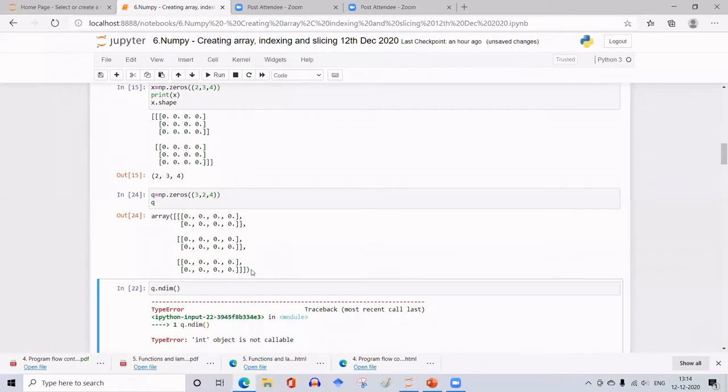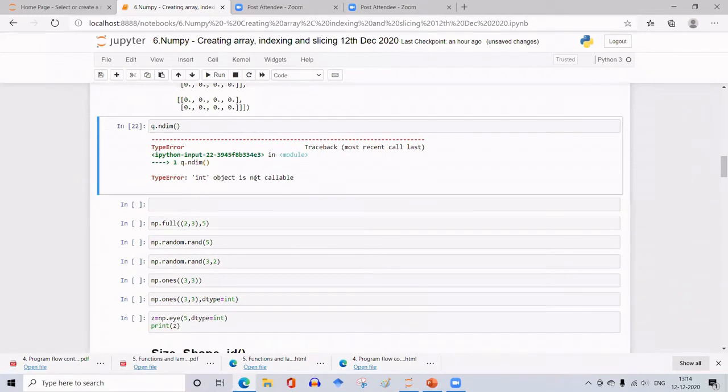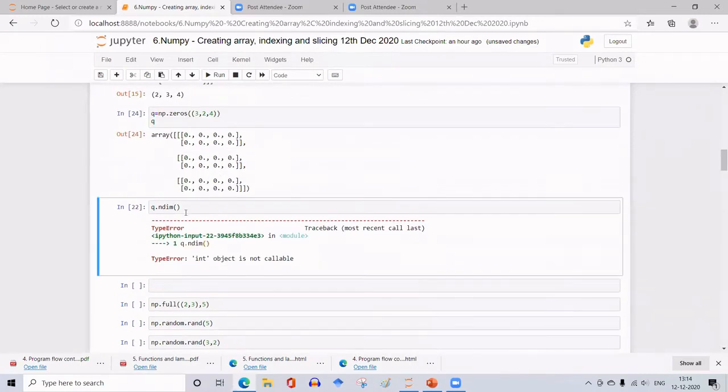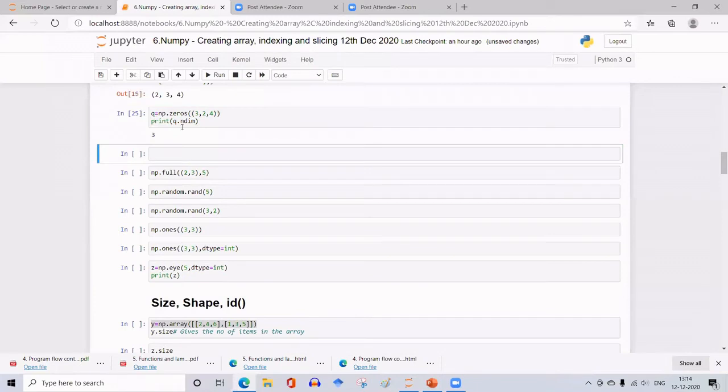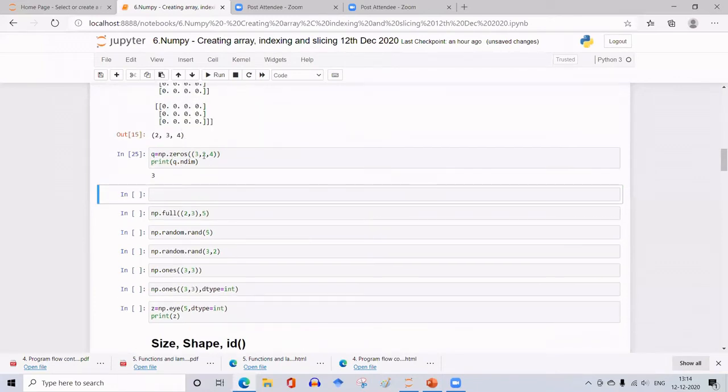It has given me the array only, but it is considering it as a tuple. That is why it is giving it as not callable. Okay, now I got it. So the dimension is 3 dimensional.